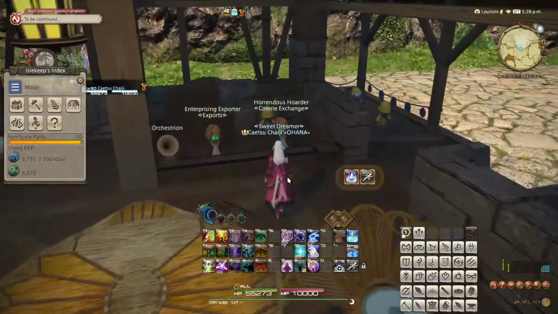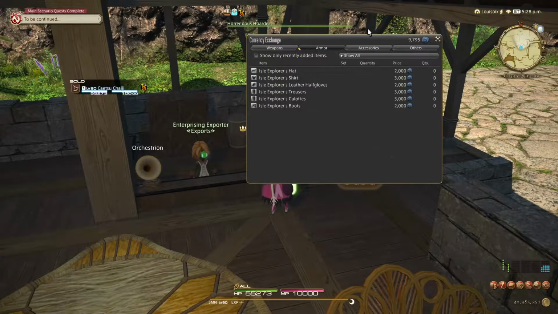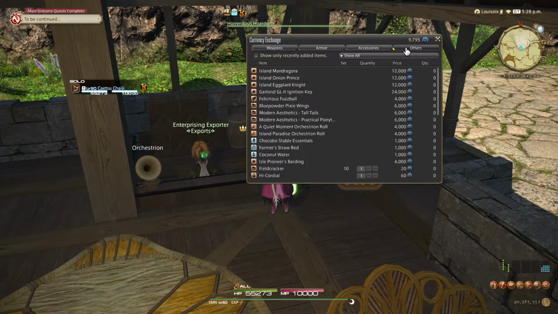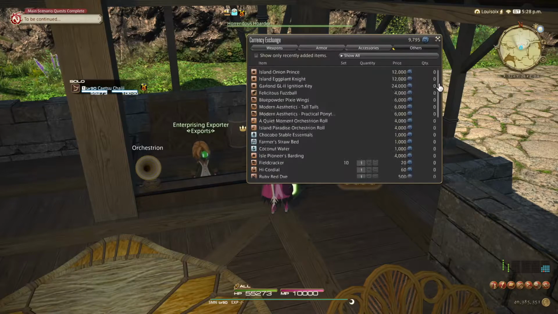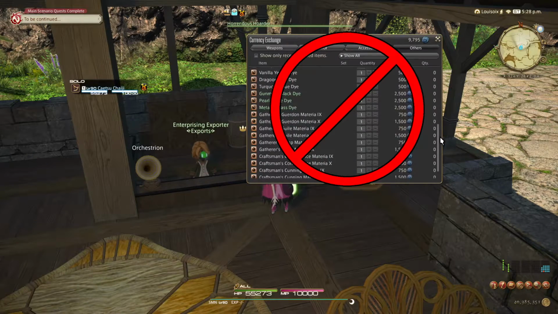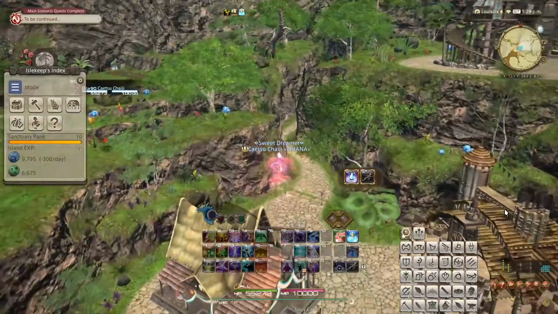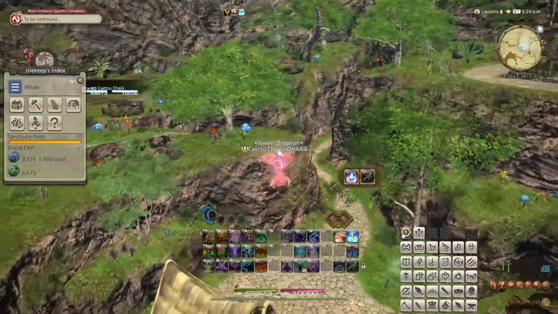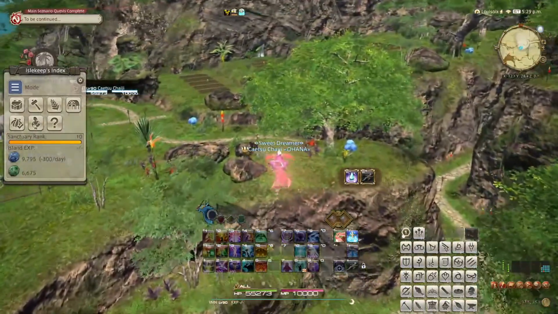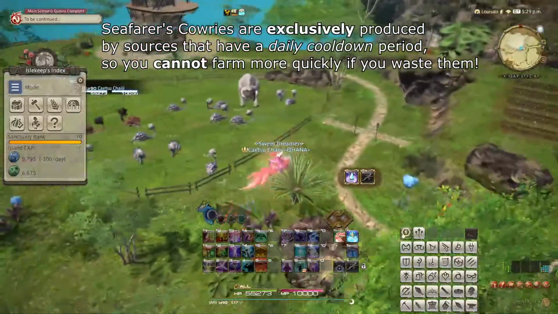Cowries. Now, you may also relatively quickly notice that there is a vendor that you can spend this currency at to buy glamour items, mounts and all sorts of things. Do not spend your Seafarer's Cowries on any of these things for now. Save all of your cowries to expand and build on your island until you have built everything, otherwise this will become a major hindrance for your progress later on, which ultimately will lead you to miss out on tons of